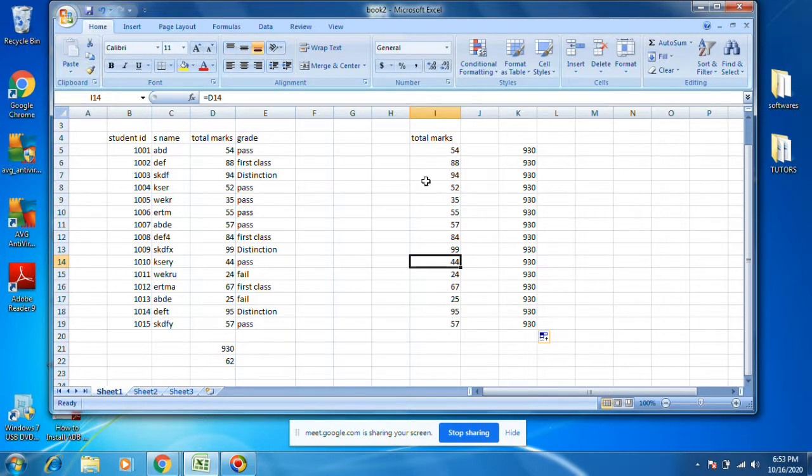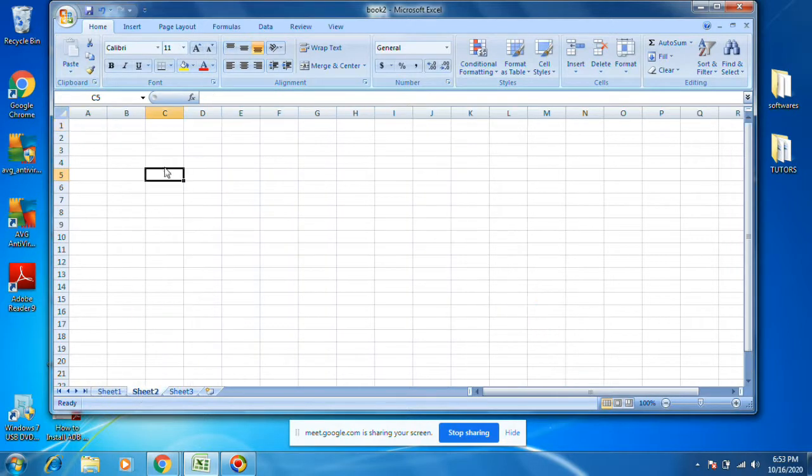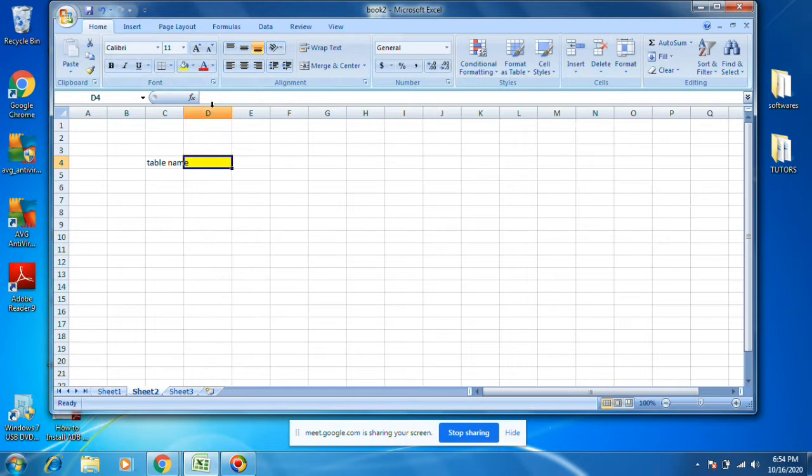Let's see how the absolute reference works in sheet 2. I want to do a table, two table. I want to put something here, input.